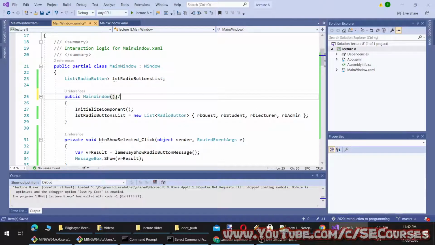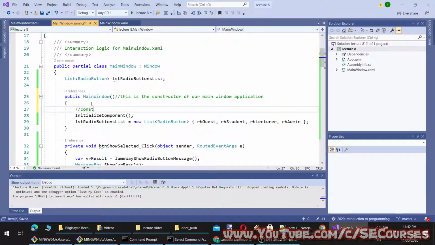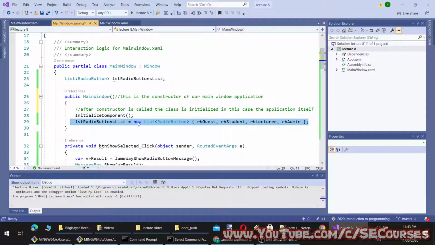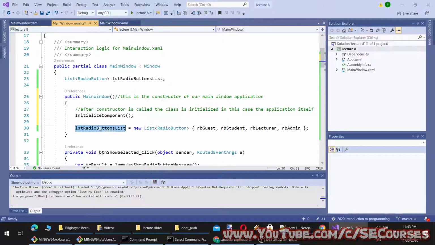So you see it says initialize component, and then I'm going to do my list initialization.